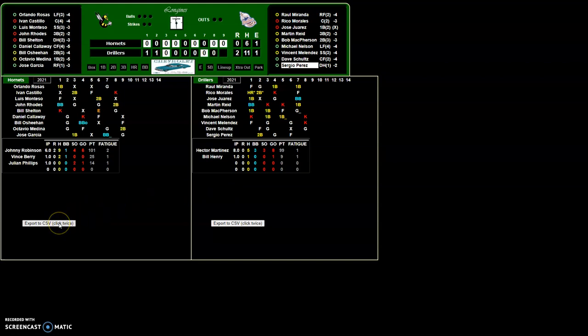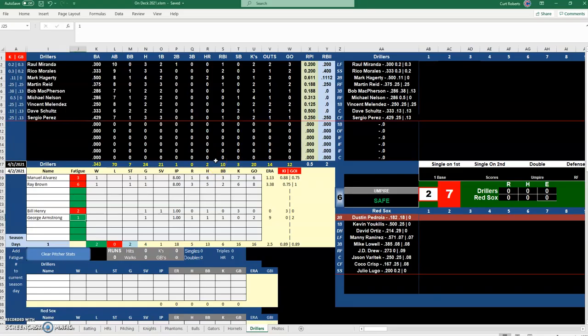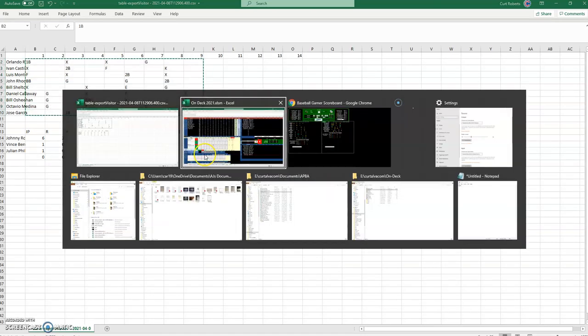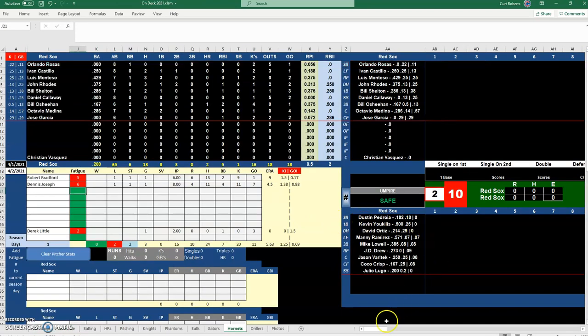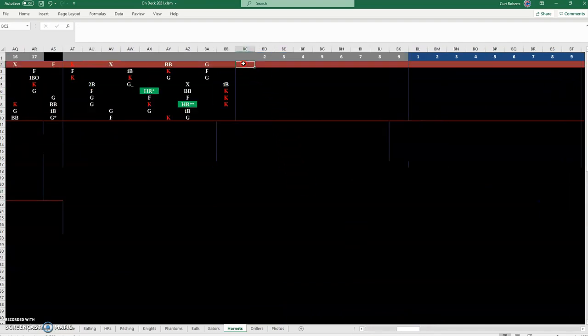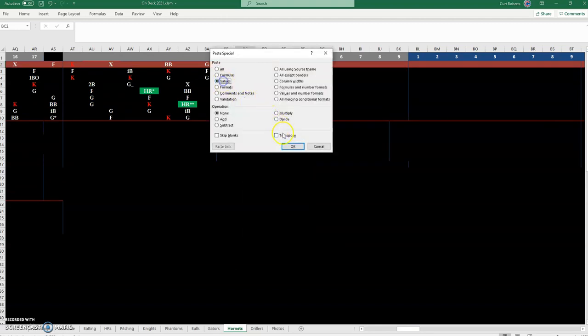And I can export these to my spreadsheet. And these are very customized things that I have going on here. And so it'll send it to the spreadsheet for me, and I can simply copy the results from the box score and go to my spreadsheet. And this is for the Hornets. Yeah, the Hornets. And I can just paste each game's results in, as long as they line up. And I don't think I have any special